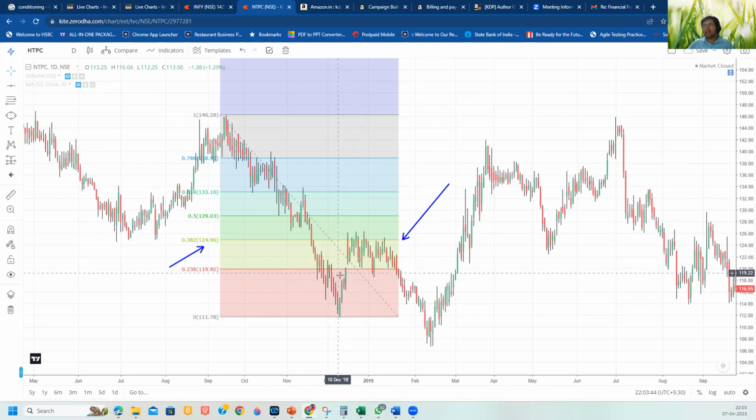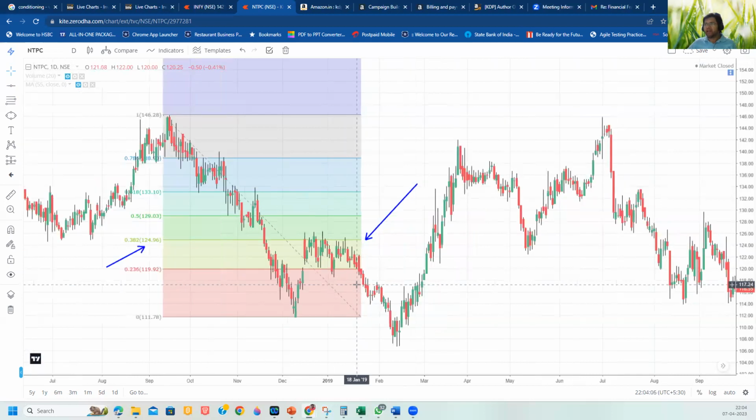Somebody can think of taking another short position depending on a few more convictions, a few more indicators. Or if it crosses back again, you can still wait and then make some additional entry here. But suppose you have taken only one lot of trade and you want to identify what should be the ideal